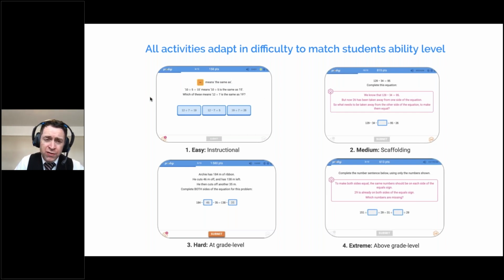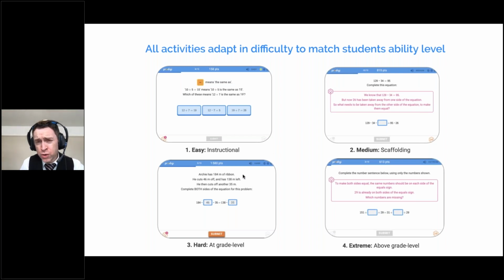However, if they can get 3 easy questions consecutively correct, they'll move to the medium level. Now, the medium level questions are still a bit easier than the level you would ideally like them to reach. The medium questions, if your student can answer those ones correctly, they still haven't yet proved that they fully understand the activity. 3 consecutive correct answers at the medium level will move them to the hard level.